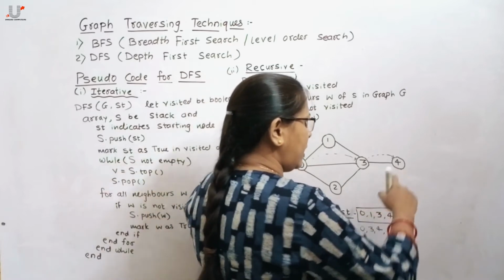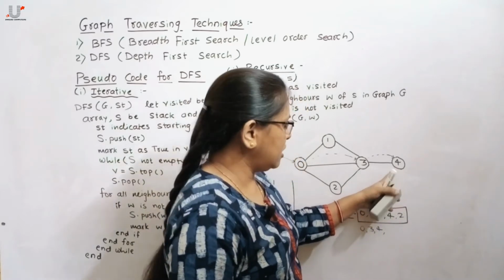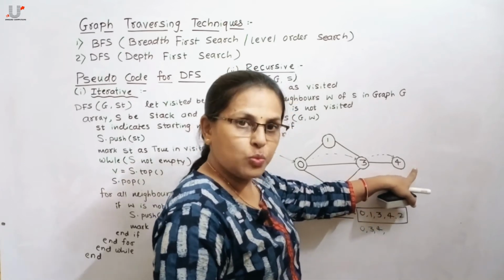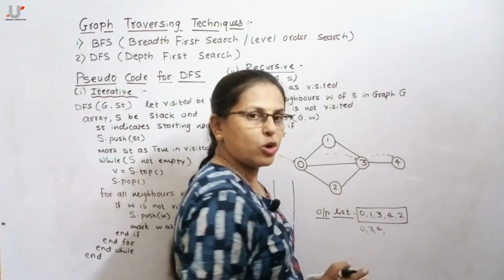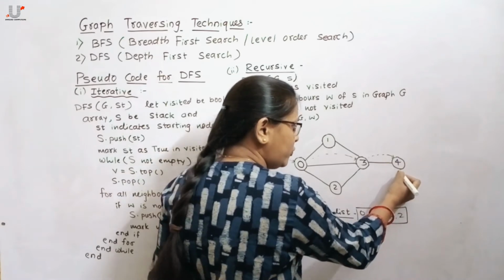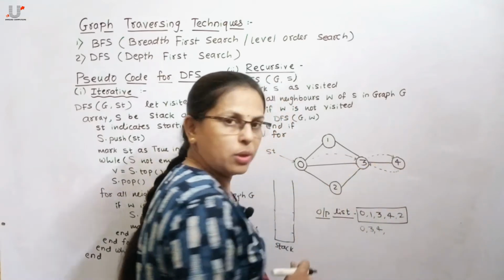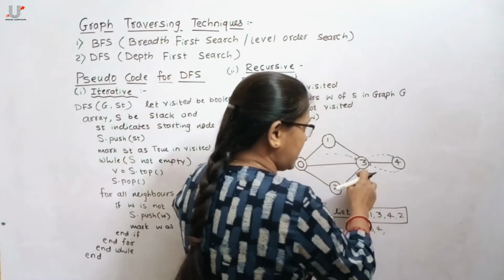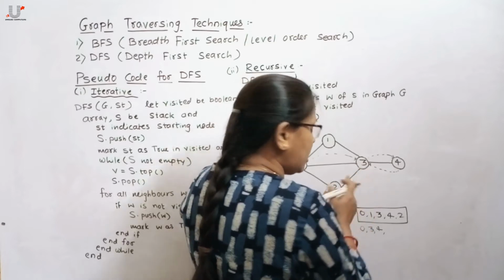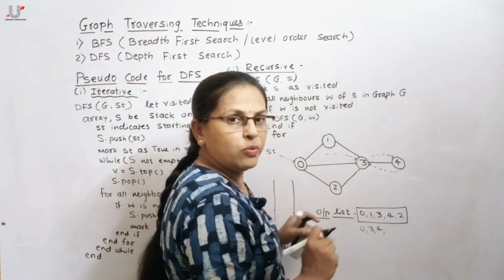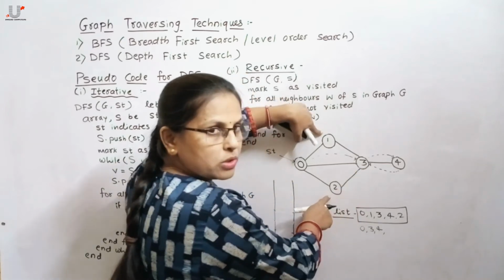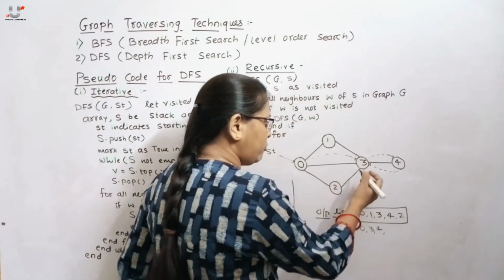Then check again whether any adjacent unvisited vertex is present for this 4. As 4 is the last one, no further exploration of that 4 is possible. That means we reach a dead end. Then from there, backtrack to the previous location. After backtracking, move to 3, as 3 has already been processed. So again check the adjacent unvisited nodes for this 3. Still 1 and 2 are both remaining. So we can choose any from them.